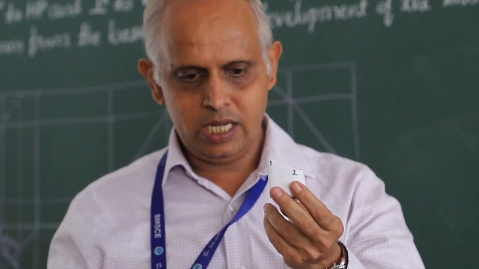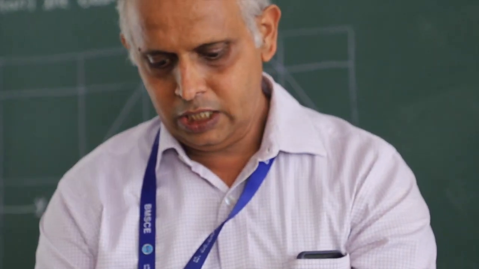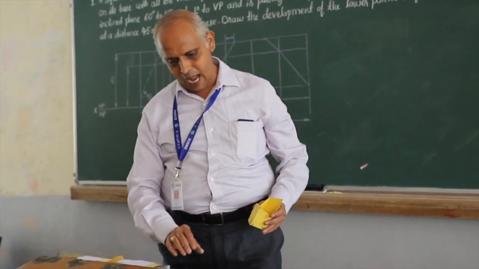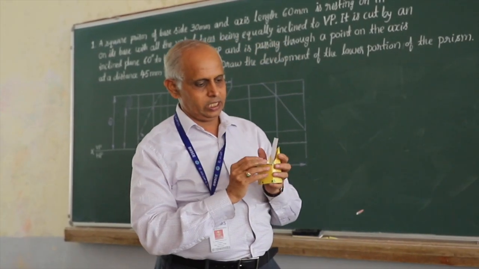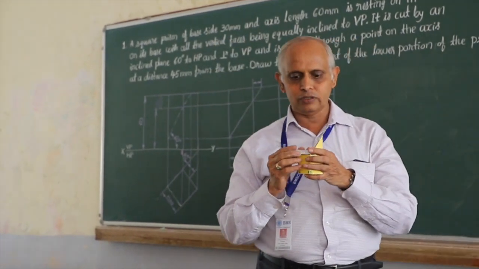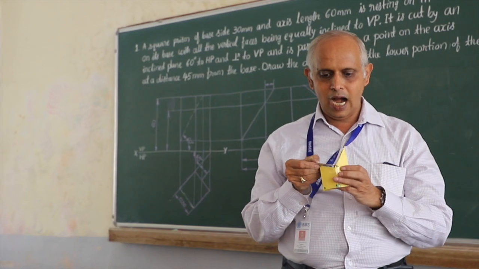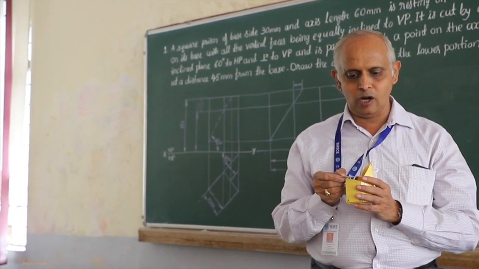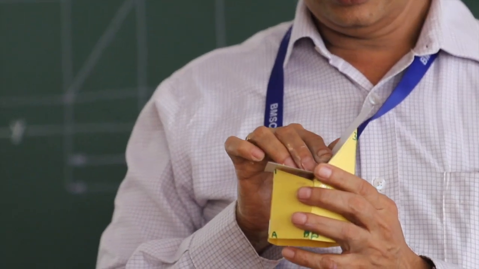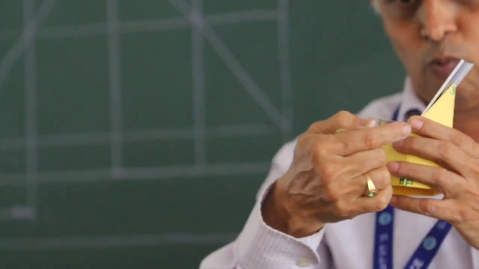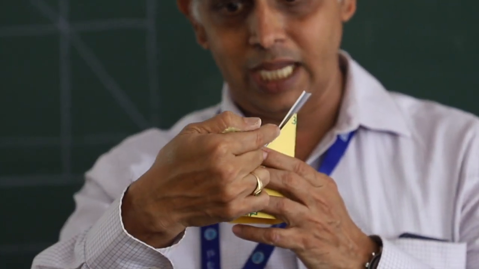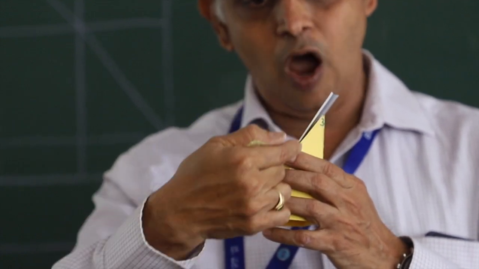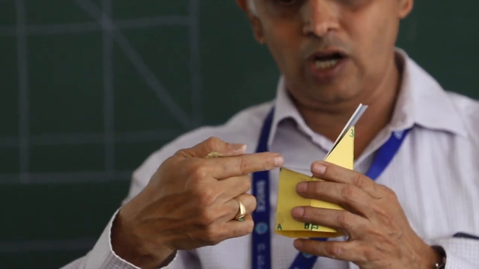That's very, very important. The second point that you need to know is, if there are section planes at an angle, with two section planes intersecting at some point. This is an example of a section plane which is horizontal and another section plane cutting the remaining half portion of the object at an inclination. Remember, these two planes, section plane 1 and section plane 2, are perpendicular to VP. Therefore, you can see each as a line, the trace on VP. So this is an inclined trace, and this is a horizontal trace.